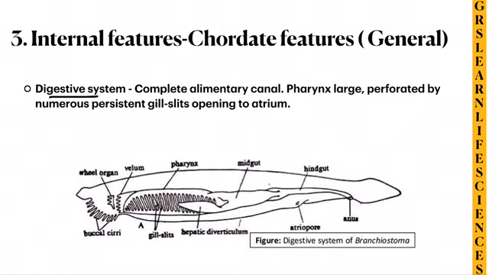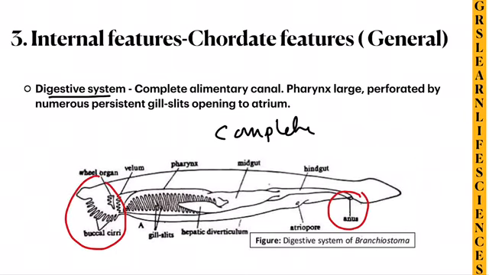Next, the digestive system. So coming to the digestive system, it is called the complete type of digestive system. Here you can see that this digestive system starts with this mouth region and it ends with this anus. So therefore this kind of digestive system is called complete type of digestive system. So this pharynx region is a very large part in this digestive system, you can see here. So this is the largest part of this digestive system, and this pharynx has perforations or slits, you can see here. All these vertical slits or vertical perforations are called the gill slits in this organism,